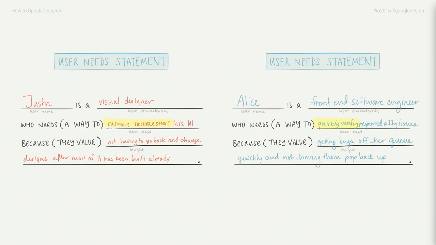Now, one way that she can capture that information is through something called a user needs statement. This is just a way of capturing the who, the what, and the why about a user's relationship with this kind of proposed design. So the who is actually a name in these cases. That's surprisingly handy to refer back to people later. Kind of the role they serve. The what is, what do they need to do? What is their need in this situation? And the why is, why are they doing that thing? What are they valuing? Why is this important for them?